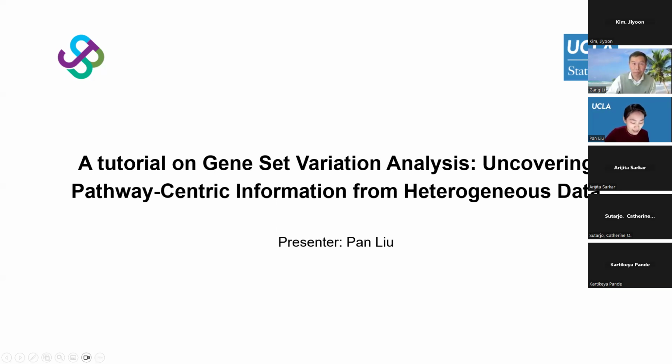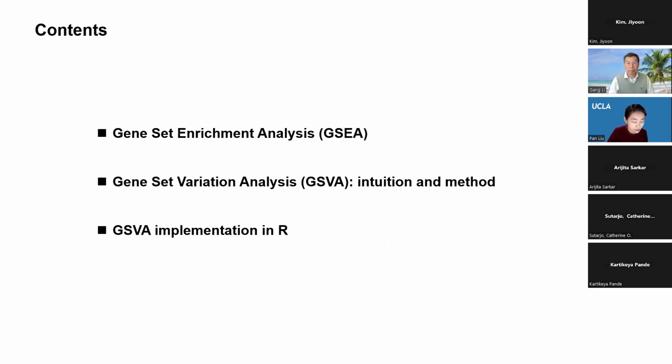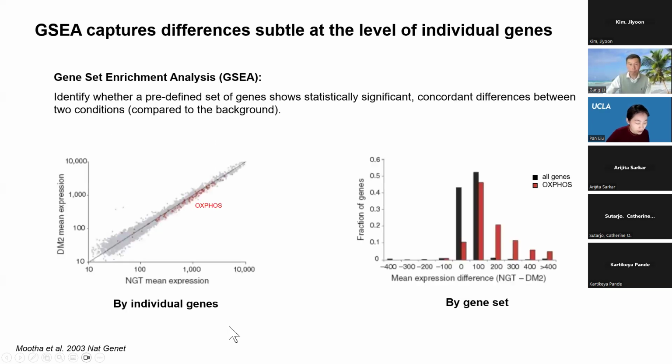This gene set variation analysis method, or GSVA, is actually an extension or a more enhanced version of the gene set enrichment analysis, GSEA. So today, we're going to start by briefly going through what is GSEA first, and then we will talk about why we need to go further to GSVA. And lastly, I will show you how to do GSVA in R using some practical examples. So the first question is, what is gene set